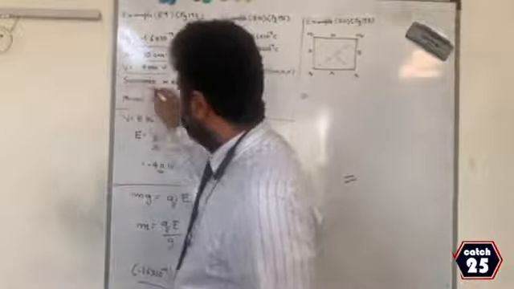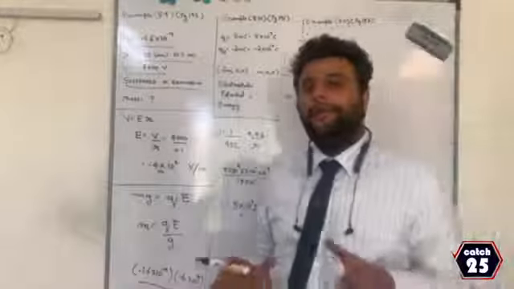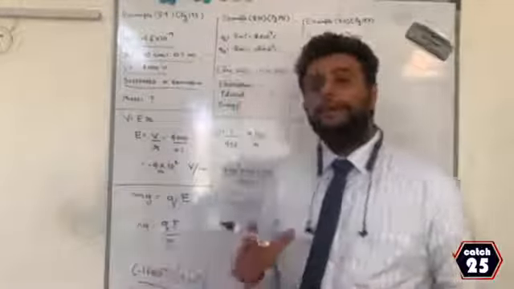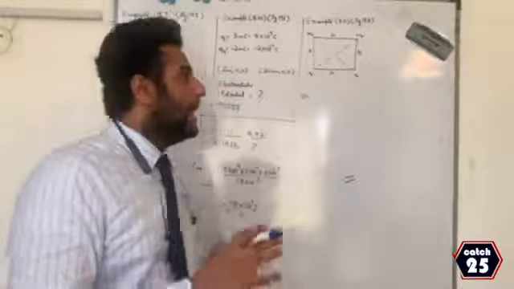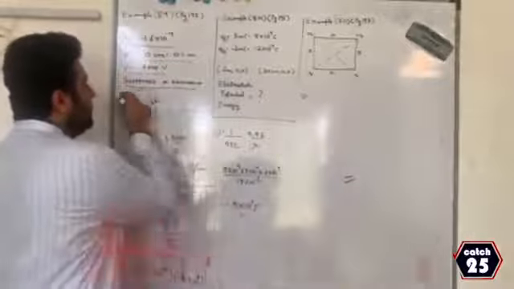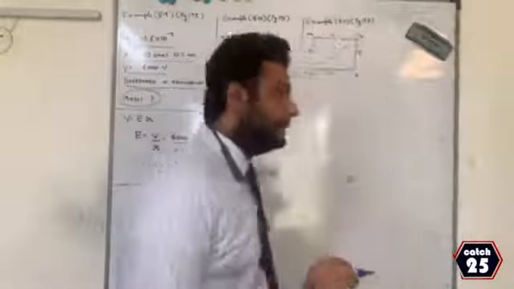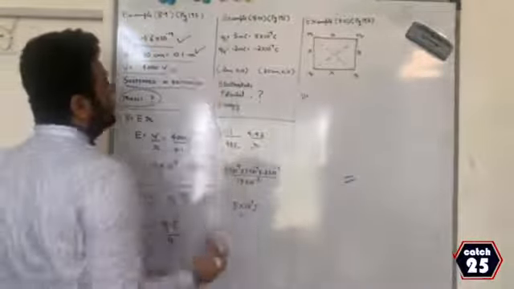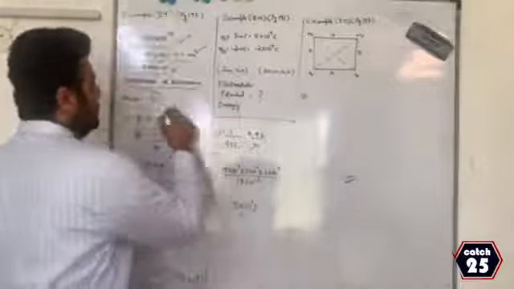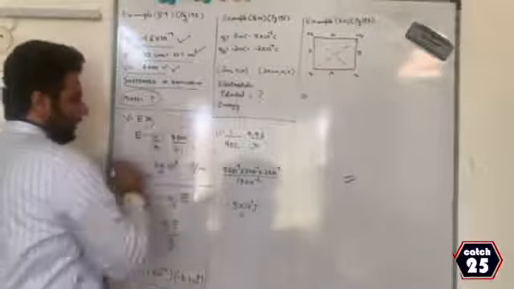They also have mentioned one important statement: they are suspended in equilibrium. Equilibrium means one force is equal to the other force, or the forces cancel each other. I have been asked to find the mass. Therefore, three things are given in the question: one is charge, one is the distance, one is potential. I want to find the mass. To find mass, we will come to it later.